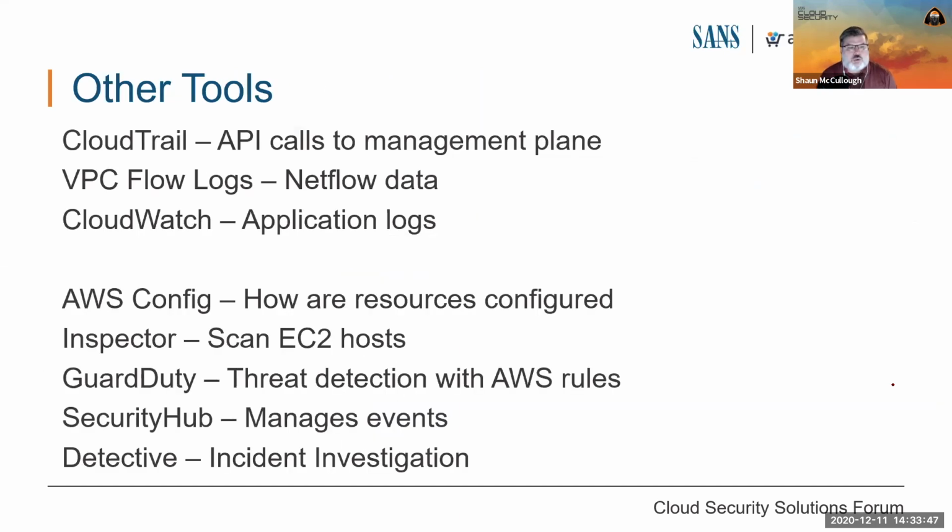So there's some other tools out there, which, we never have time to cover. We could talk all day about these. We have a class, Security 541, which takes this and expands it over a full day. But besides our CloudTrail and our VPC Flow logs that are being generated by Amazon and our CloudWatch services,